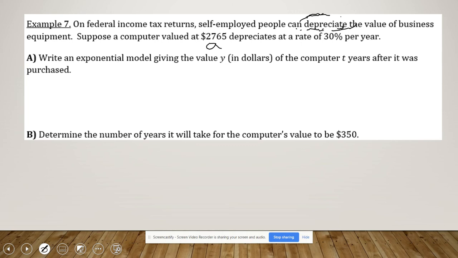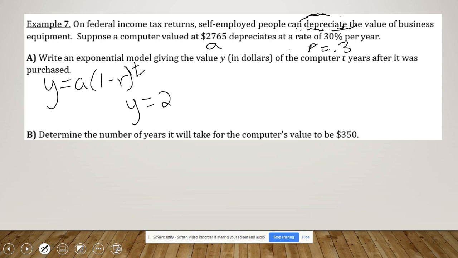That's our A value. And the depreciation rate is 30% per year. Ouch, that's a lot. Move that decimal over and you get R is equal to 0.3. We're using the decay model,